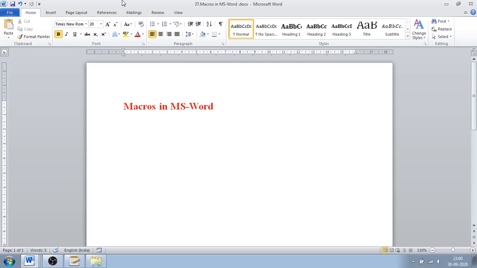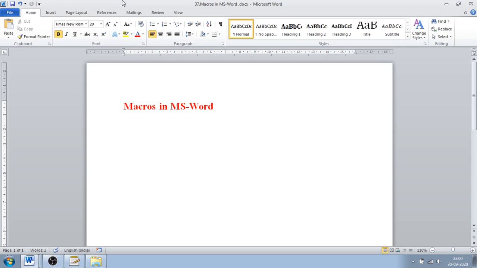So what is a macro? It is a stored series of commands that carries out an action. Basically it is a recording tool available in MS Word. This feature can be used to add functionality or automate simple tasks. With macros you can get the same result by clicking a command instead of going through all the steps. It increases productivity and saves time.